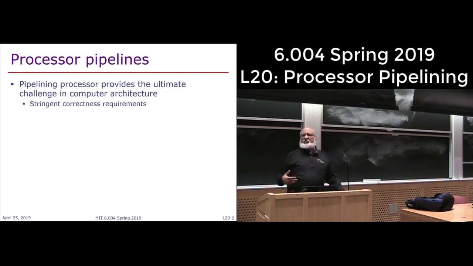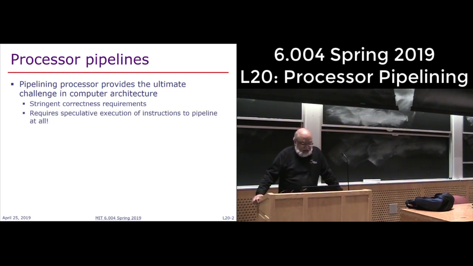Why is processor pipelining so difficult? First of all, we have very stringent correctness requirement. I mean, you can't come back and say, well, some instructions it does all right, right? If you have an ISA, all programs have to execute correctly or according to the semantics of the ISA. The second thing is, and this is absolutely new because we have no analog of it in ordinary pipelining